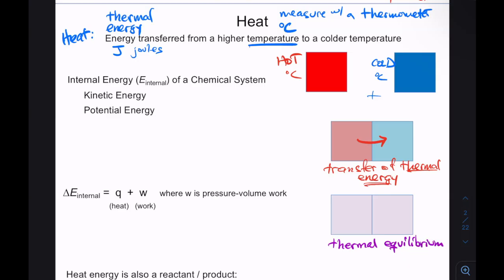And at thermal equilibrium, the temperature of one is going to be equal to the temperature of the other. They've reached the same. If you think about the definition of heat, that it moves from something that's hot to something that's cold, then let's say it did go a little bit too far in the other direction, okay? And now we've made the one on the right a little hotter than the one on the left. That means the energy is going to be transferred from hot to cold. And if you overshoot it again, it's just going to keep going back and forth until it's completely equal on